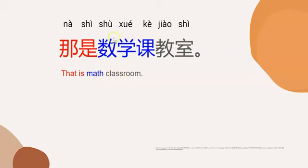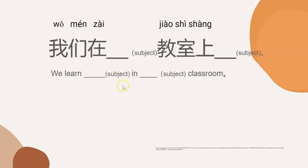Then the next one, how to say math classroom? First, how to say math? 数学课。And then how to say classroom? 教室。Math classroom, 数学课教室。So that is math classroom. 那是数学课教室。Now it's your turn to say this sentence. That is math classroom. 那是数学课教室。